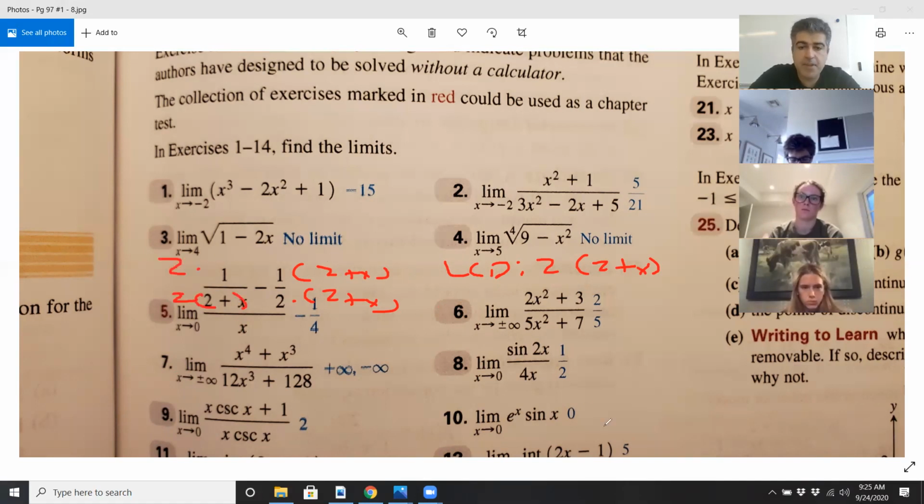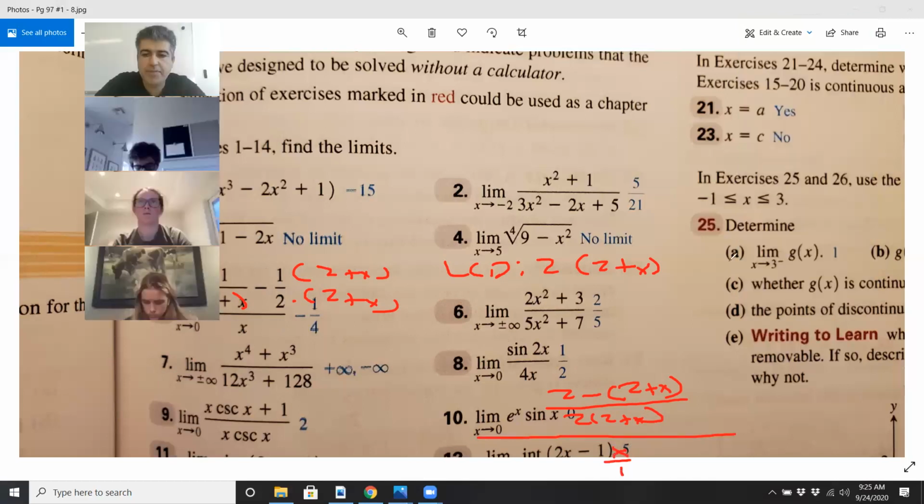Clean it up. You have 2 minus parentheses. Make sure you put a parentheses, negative outside the 2 plus x. Otherwise, you're going to get something incorrect. Down below is 2 times 2 plus x. Meanwhile, the whole thing's over x, which I'm going to write as x over 1. We clean it up more. If you clean it up a tad more,